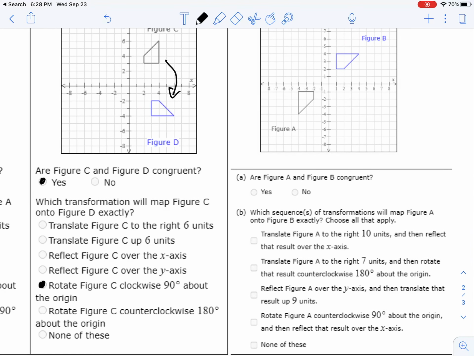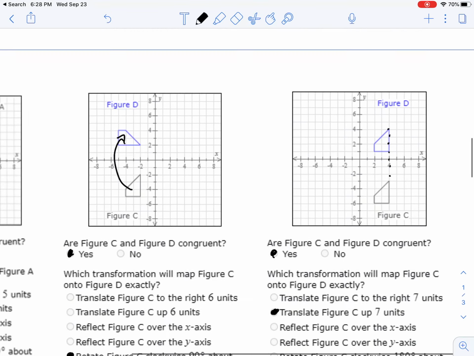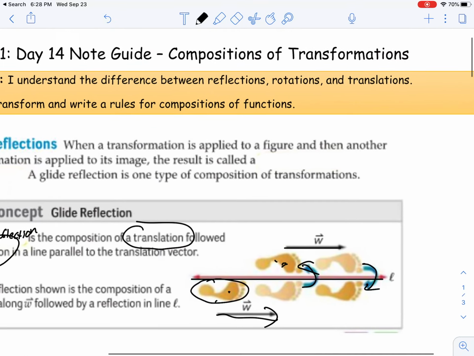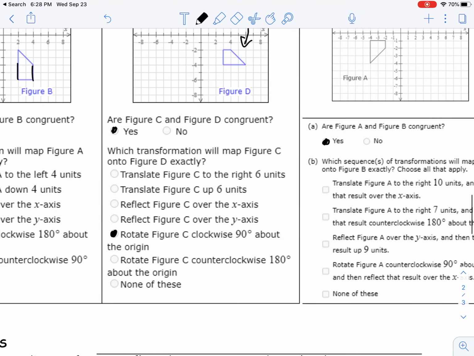Last one. Are they congruent? Looks to me like they are congruent. Now we got to figure out how we would do this. It looks like I would have to rotate it at some point. If I rotated it clockwise, 90 degrees, I'm just going to try my best to draw it here. Your rule would be the same as counterclockwise 270, which would be,